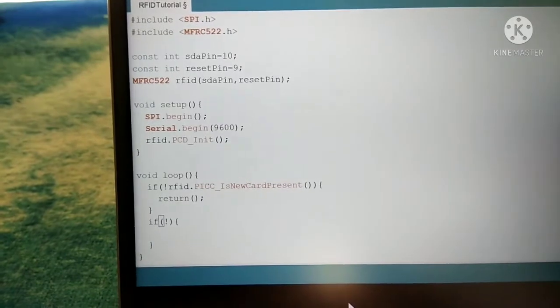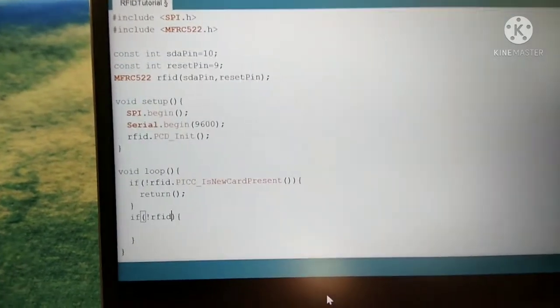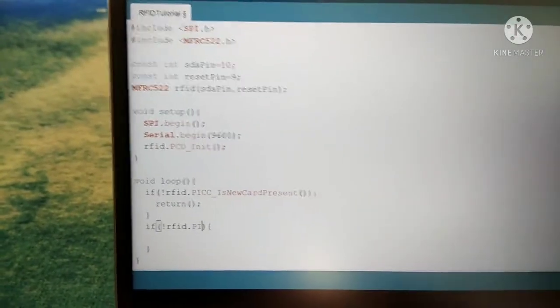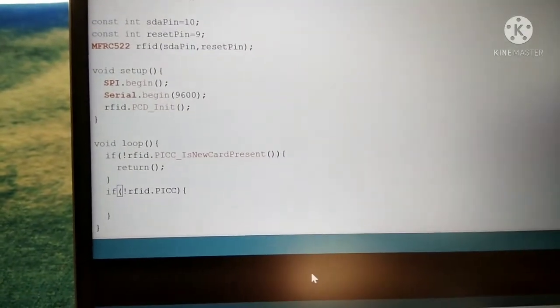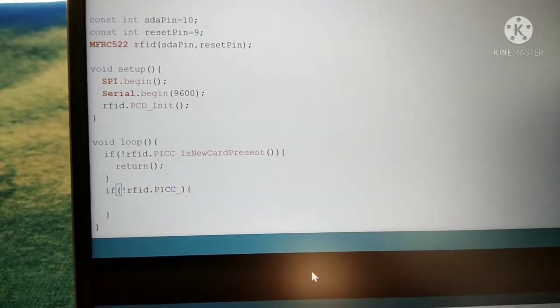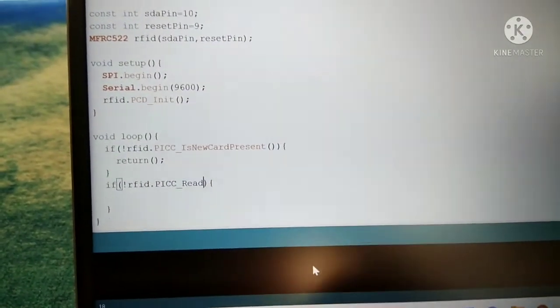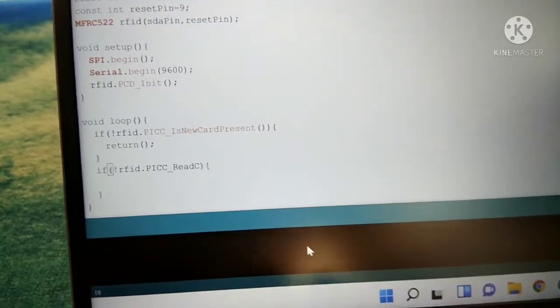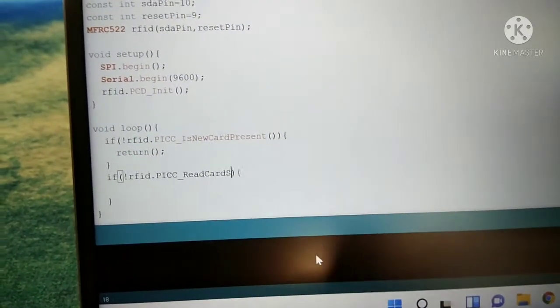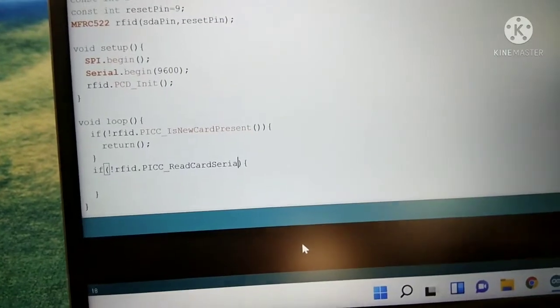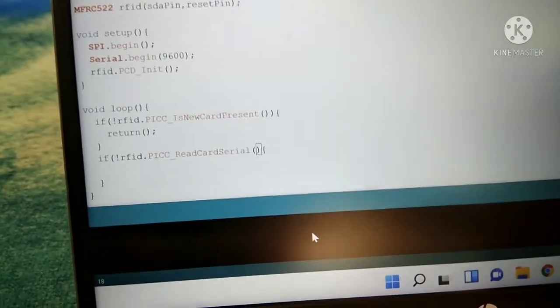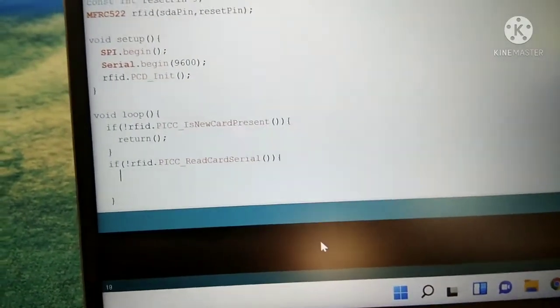Then first of all, if we come to know that yes, there is a new card, then we'll check if RFID.PICC_ReadCardSerial. So this is another function just to read each tag.